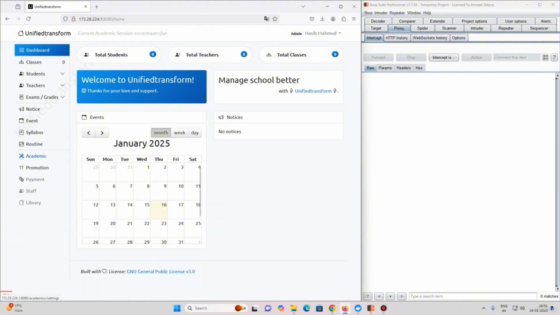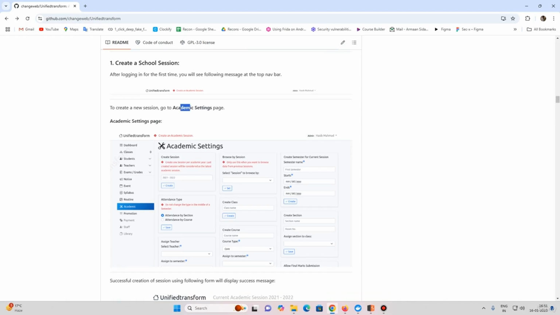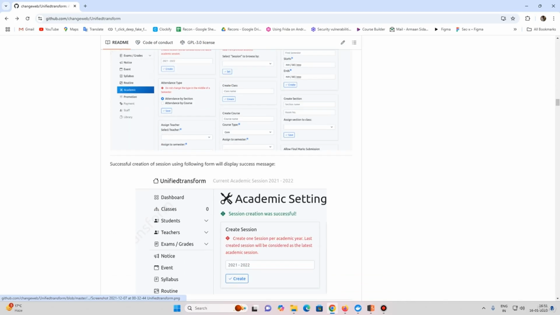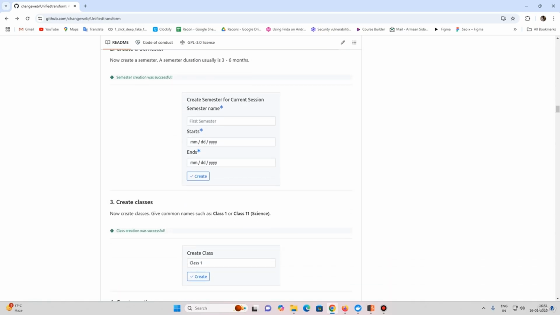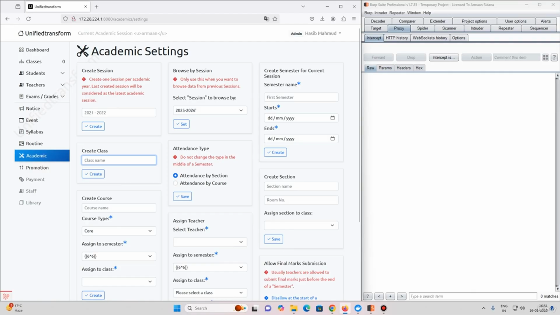Current academic session, academics, and if I refer to the docs, so creating a session and creating a semester, now creating a class. Okay, so the next step is to create a class in which I say script